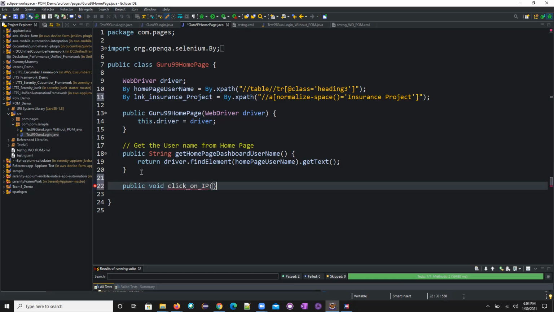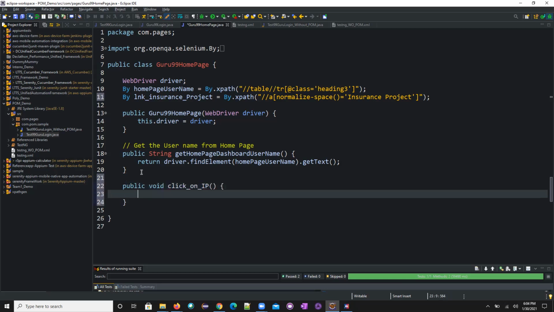I'll just write this method, and into this method, I'll just write a sys out saying, boss, I am clicking on insurance project.